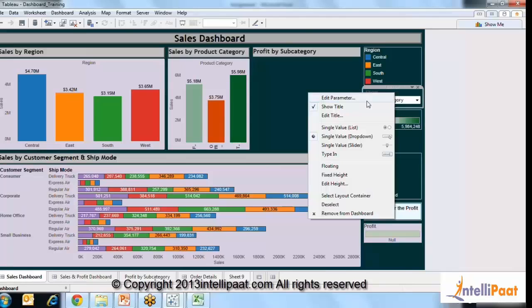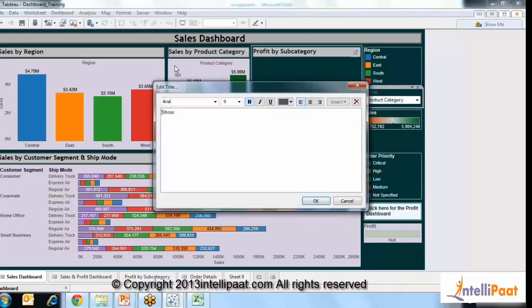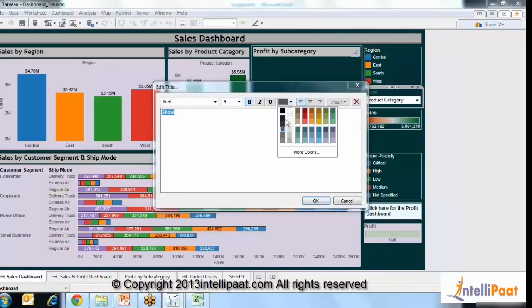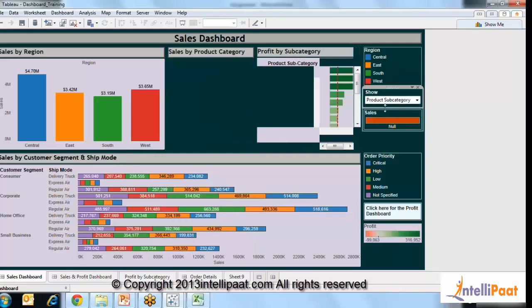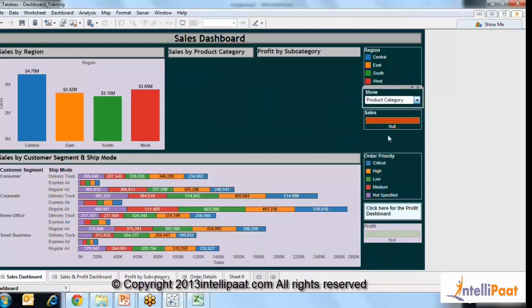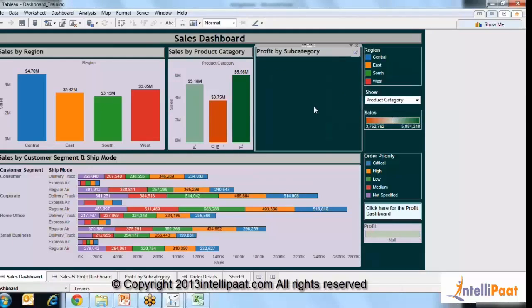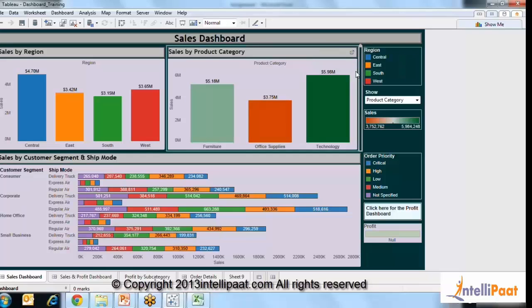Okay. Just quickly edit the title. Then we can just put a border and all those things. So now what we have given the user is access to this filter of this parameter, so that he can choose what he wants to see. So even here now what we have to do is just hide the title. Okay, so now you see, okay, I'll just show again. Before I really hide the title,